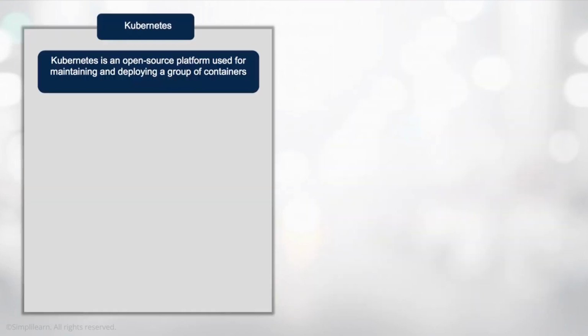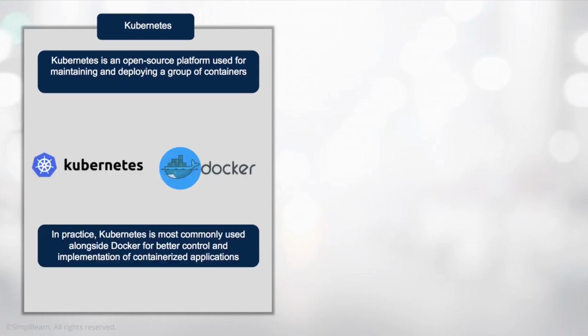Now let's dig into Kubernetes and Docker. So Kubernetes is an open source platform, and it's designed for being able to maintain a large number of containers. And what you're going to find is that your argument for Kubernetes versus Docker isn't a real argument. It's Kubernetes and Docker working together. So Kubernetes is able to manage the infrastructure of a containerized environment, and Docker is the number one container management solution.